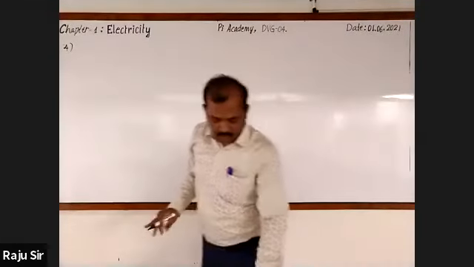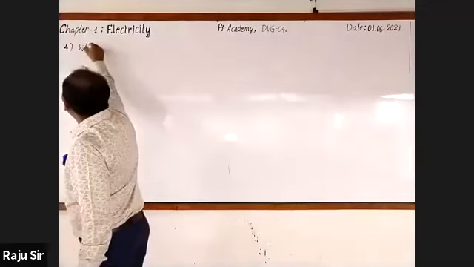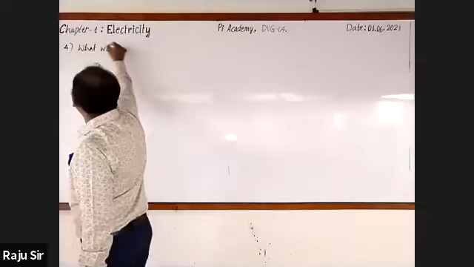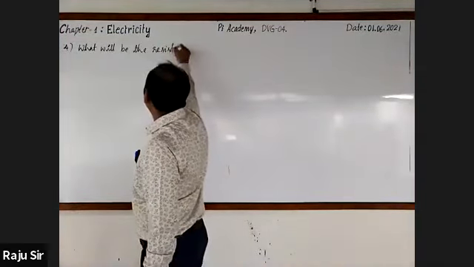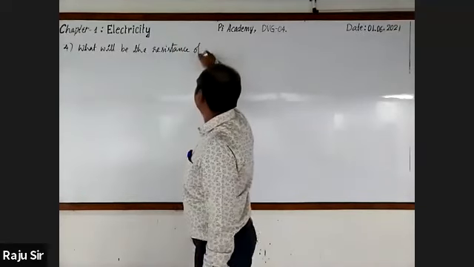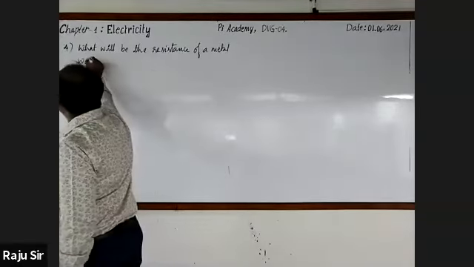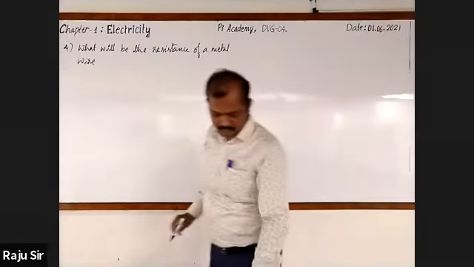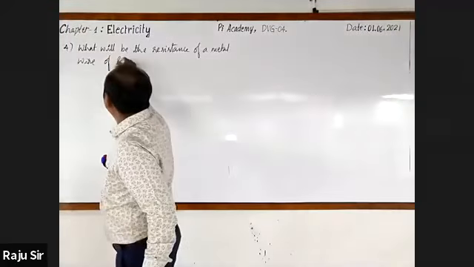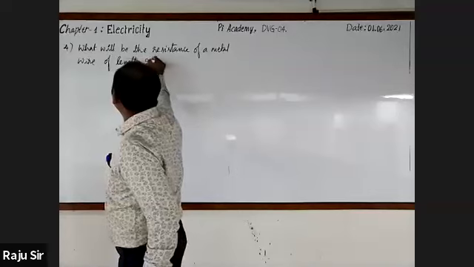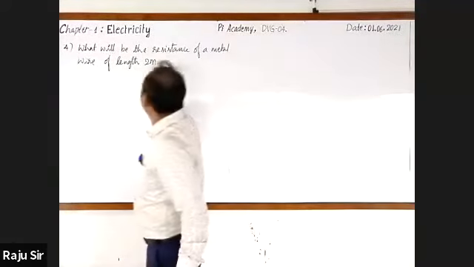What will be the resistance of a metal wire of length 2 meters, and area of cross section